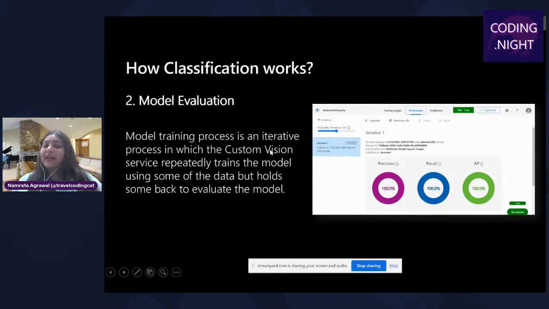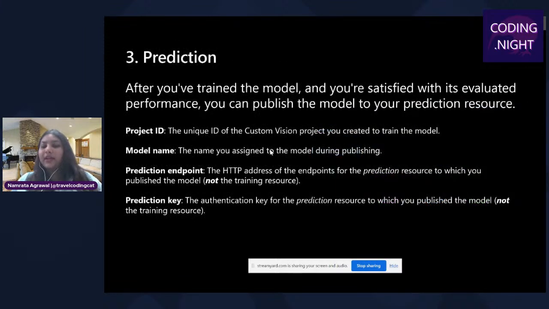I think evaluation is very important because once you evaluate and see that precision is 100, recall is 100, and actual performance is 100, there could be a possibility of bias in the data. There could be a possibility of unbalanced data. So to make it balanced data, you can reiterate it. You can do another iteration and train your model again. And then once you train the model again, you can see the precision rate, the recall rate, and the actual performance rate. So once you do the evaluation, now it's time for testing.